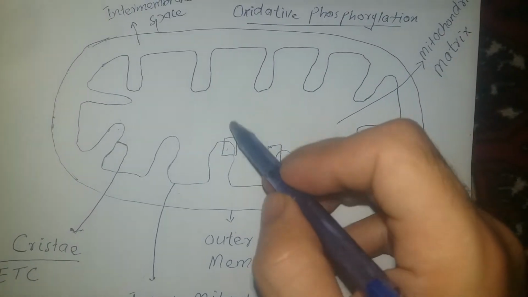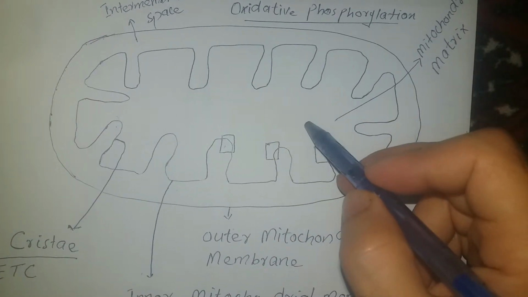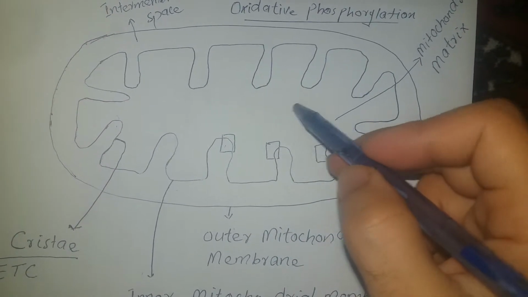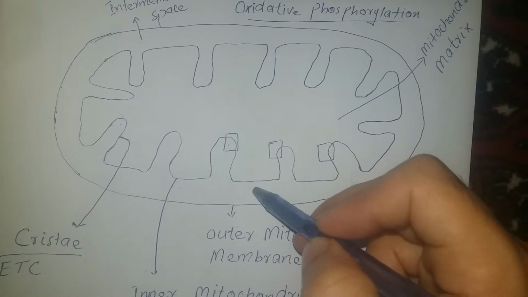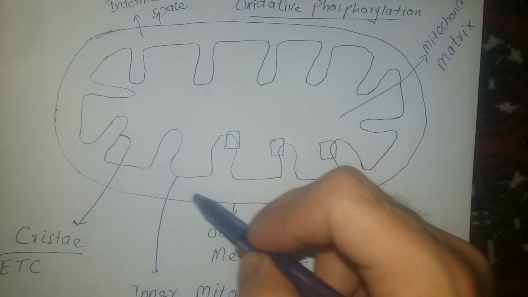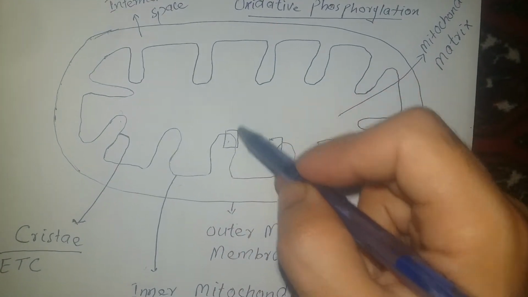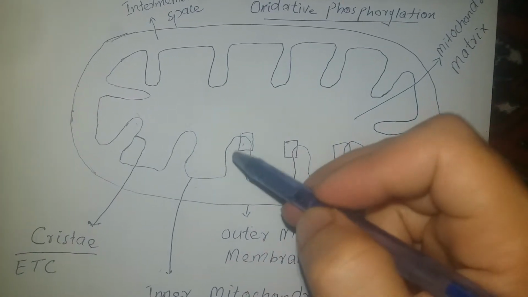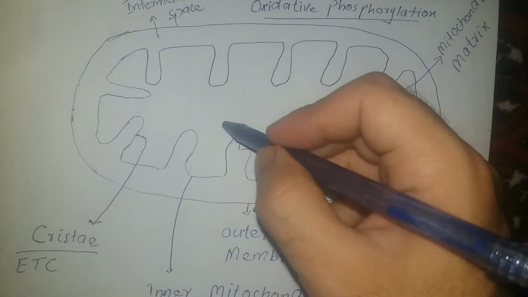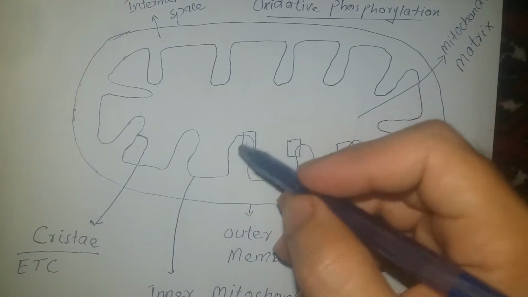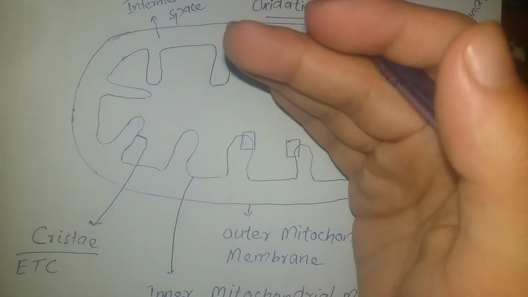So when electrons flow from one component of the electron transport chain to another, energy is released. That energy will pump protons from the mitochondrial matrix into the intermembrane space. Once they enter the intermembrane space, they cannot enter the mitochondrial matrix again, but they accumulate here and an electrochemical gradient is produced. So they try to find another way back into the mitochondrial matrix. Then they enter through the fifth component of the electron transport chain, that is ATP synthase. When they enter through ATP synthase, then ATP is formed.